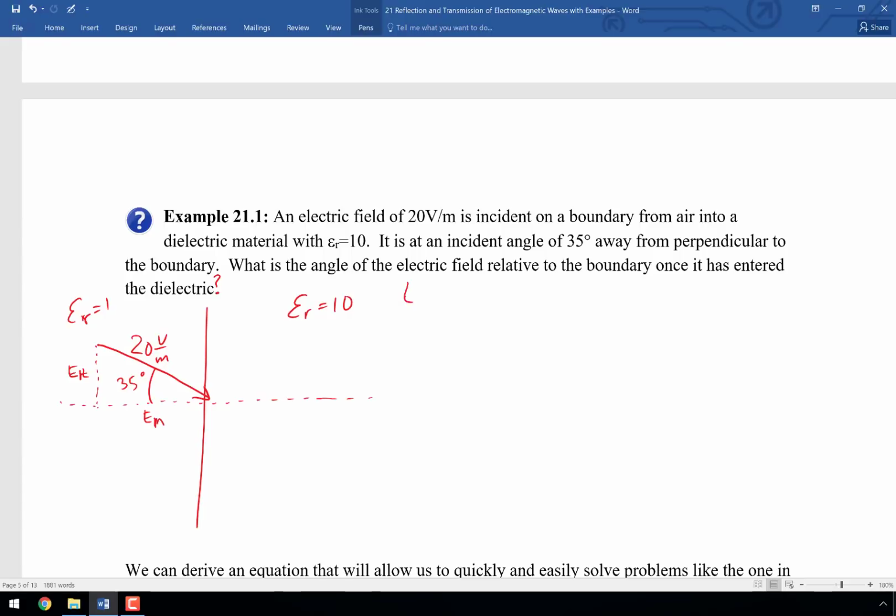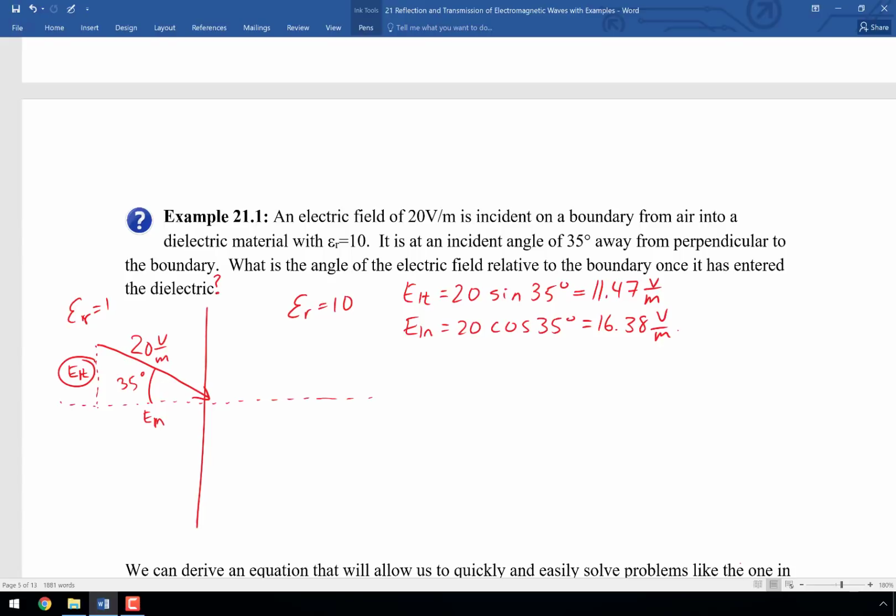So I can calculate E sub 1t is going to be equal to 20 times the sine of 35 degrees. If you look at that angle, E sub 1t is the opposite from that angle, and so therefore it's going to get the sine. So 20 times the sine of 35 degrees is 11.47 volts per meter, and E sub 1n is equal to 20 times the cosine of 35 degrees, which turns out to be 16.38 volts per meter. So we've broken this wave, which is neither perpendicular nor parallel, neither normal nor tangential, down into its components, and now we can treat each of those components according to the analysis